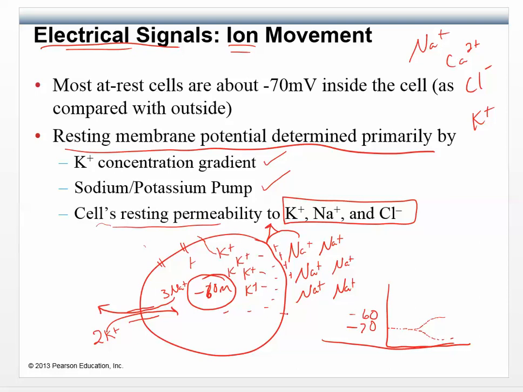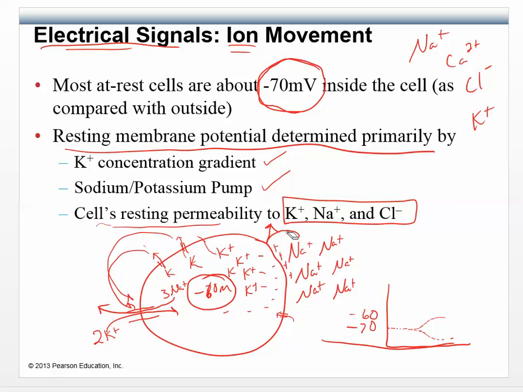Some sodium leaks in every now and then, but not like potassium. The cell is a little bit leaky to potassium, way more than it is to sodium. So that's the permeability. And it's that constant cycle of going in and out that maintains that electrical gradient,